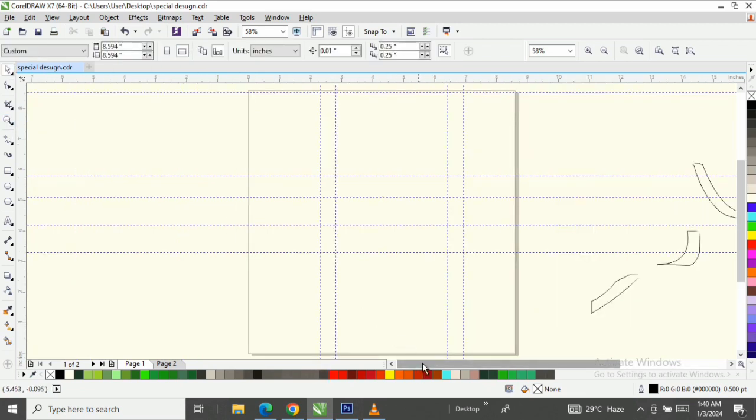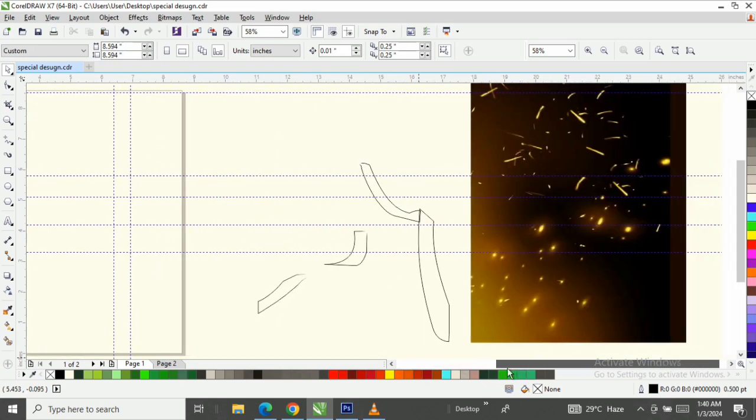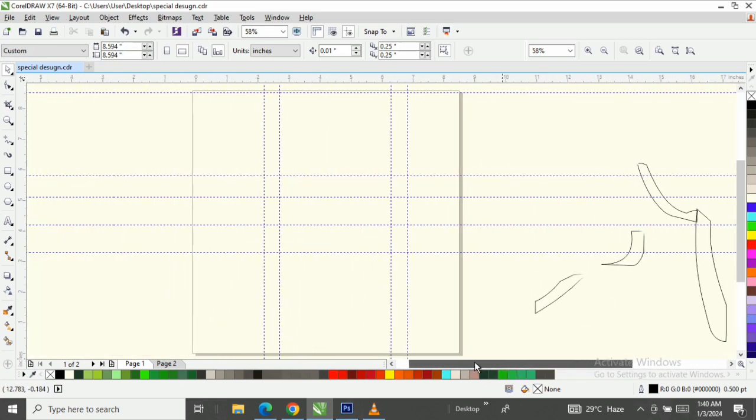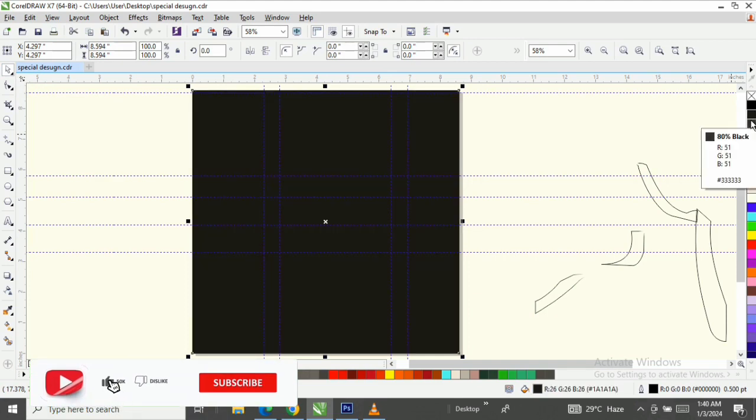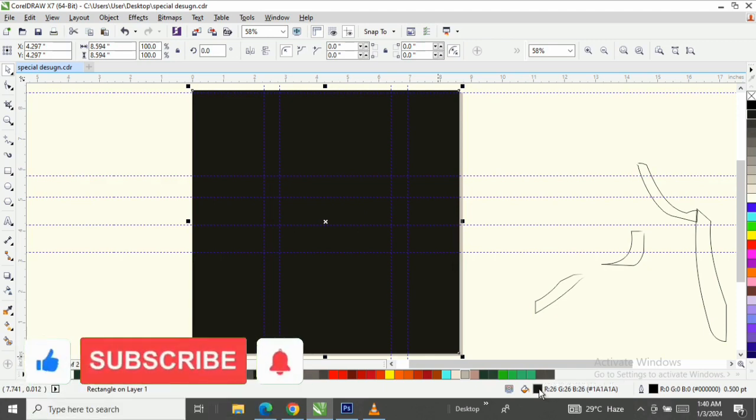The first thing I'm going to be doing here, look at what I'm using. I'm using this background, and I'm using this thing. So the first thing I'm going to be doing here is to work on the background, and so I'm going to double click on my rectangle tools here. As you can see, we have the background on the screen, like we have the rectangle here on the screen. So I'm going to click on 90% black because I'm going to be working with black. Then after that, I'm going to come down here to this color area here, CMYK RGB. I'm going to double click on it